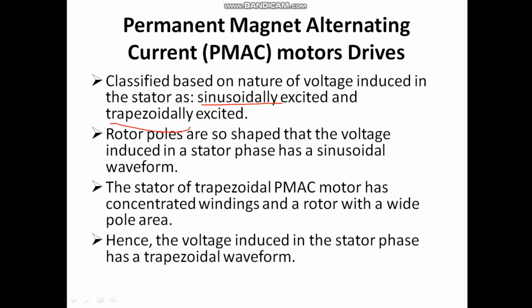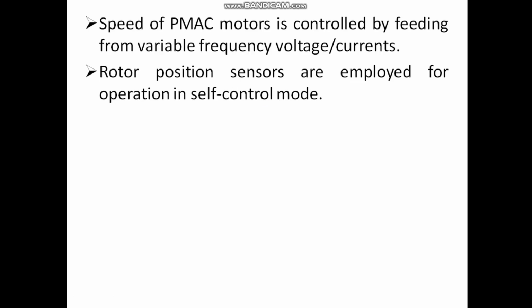Depending on the nature of voltage induced in the stator, these two are the classifications of permanent magnet alternating current motor drives, right? Now the speed of PMAC motors is controlled by feeding from variable frequency voltages or currents,